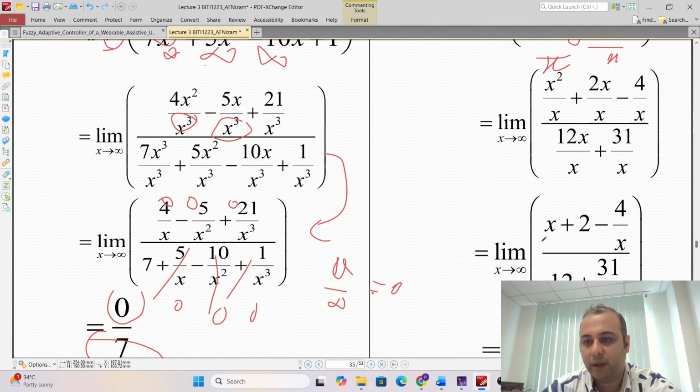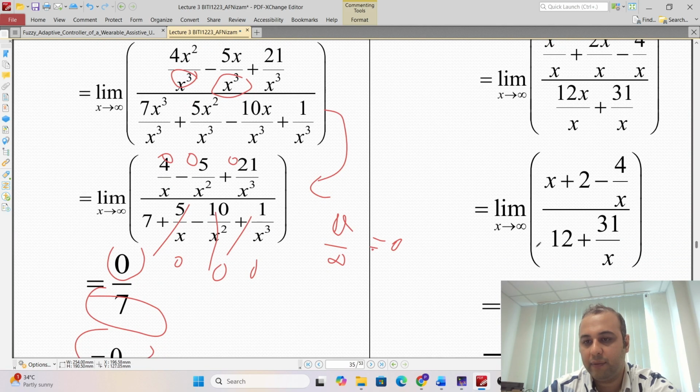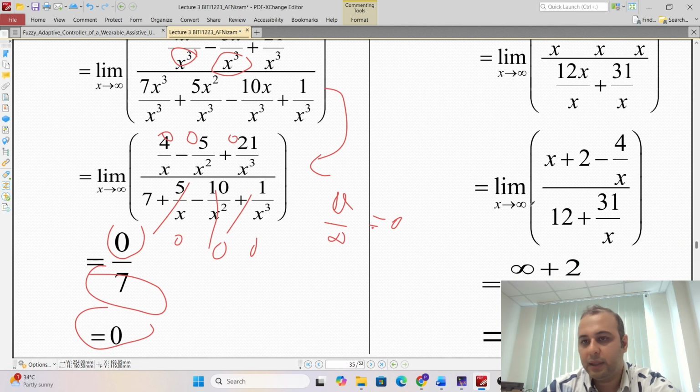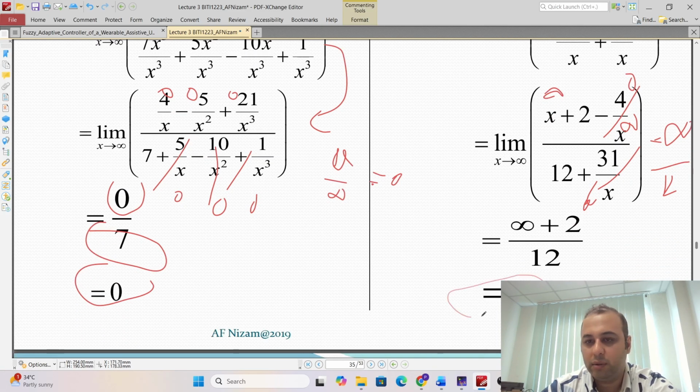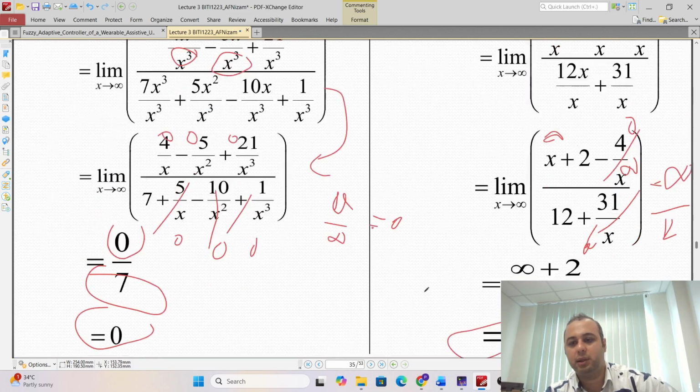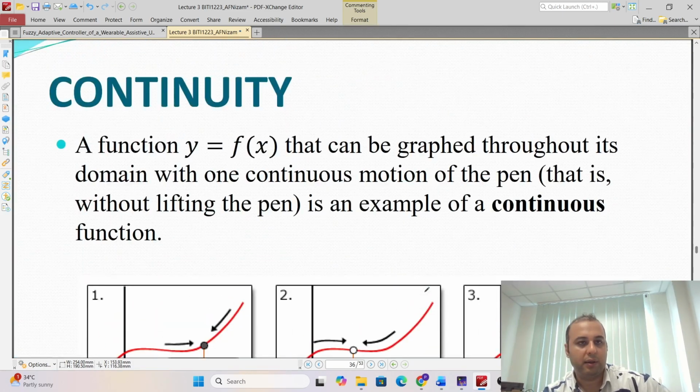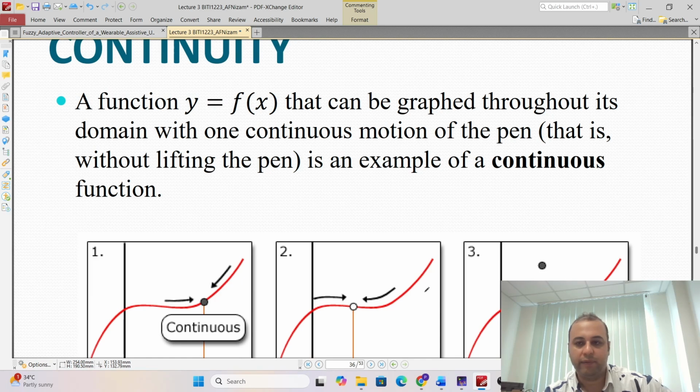Okay. So after simplifying, I have this expression. So substitute infinity, this one becomes 0, the top side becomes infinity over 12, because this term is 0, so the answer is infinity. So okay, continuity, last one. Continuity,